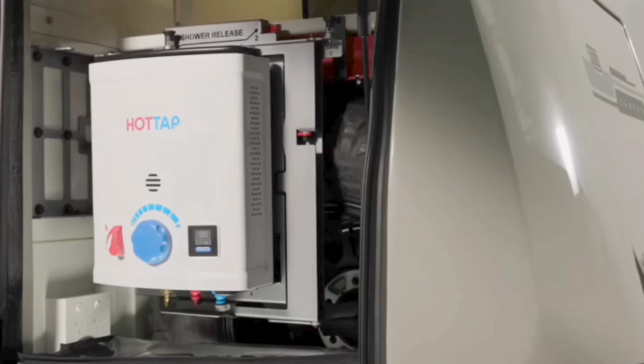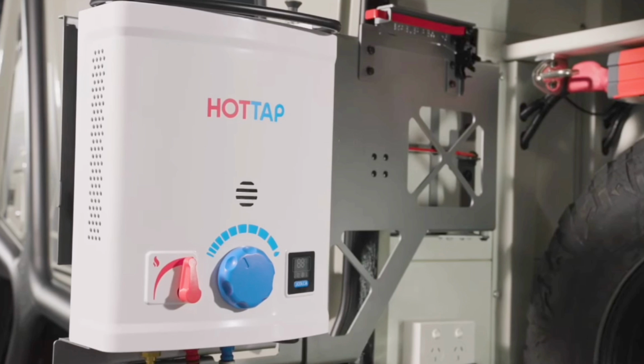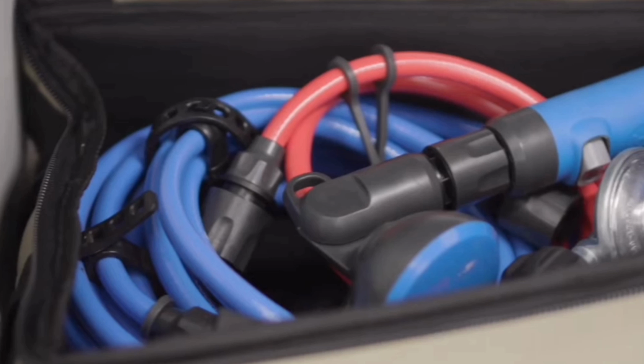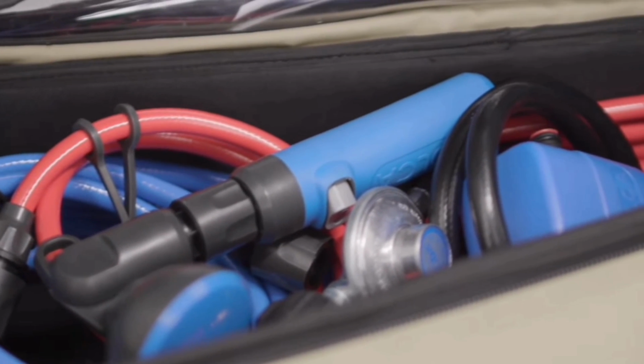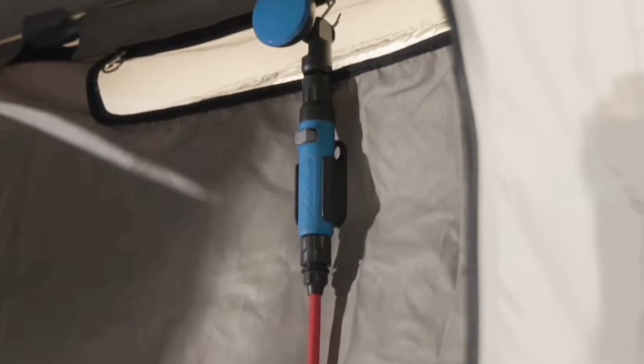Now, apart from all that on that side, if you option the Jorka hot water system, that's where that lives, on a bespoke bracket that swivels out. Really nice bracketry, by the way. Well done, chaps. And if you get the Jorka hot water system, you also get a canvas bag, zip-up bag, that's made to fit within the lower portion of that storage area because it's a bit narrower at the front than the back. And it's a bespoke bag that comes with all the hoses and the like for the Jorka